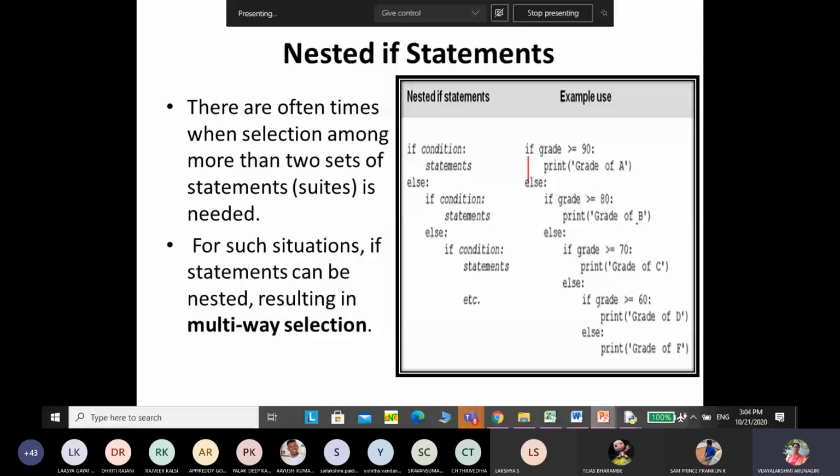Otherwise, if this condition fails, then again this else will be checked. Else, again in the else part, one more condition I am checking, whether grade is greater than or equal to 60. If true, grade D will be printed, otherwise else will be printed.